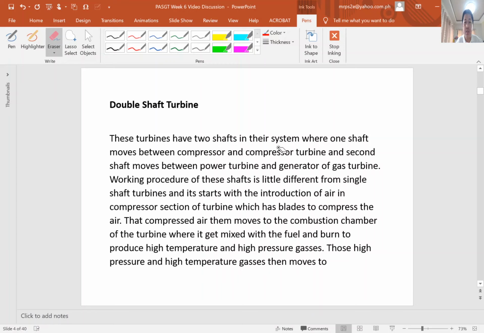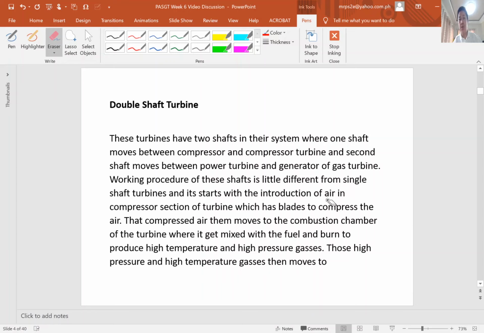In their system, one shaft moves between the compressor and compressor turbine, and the second shaft moves between the power turbine and generator of the gas turbine. The working procedure of these shafts is a little different from single shaft turbines, and it starts with